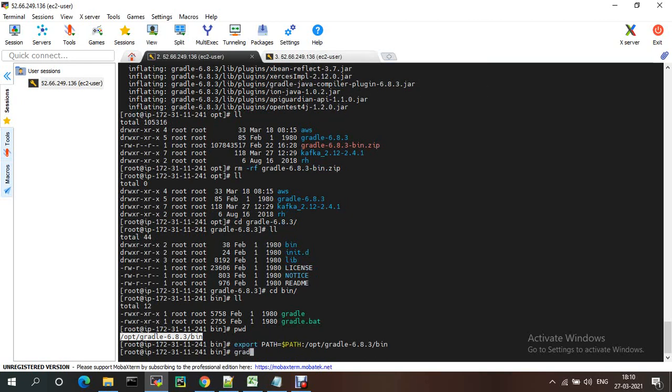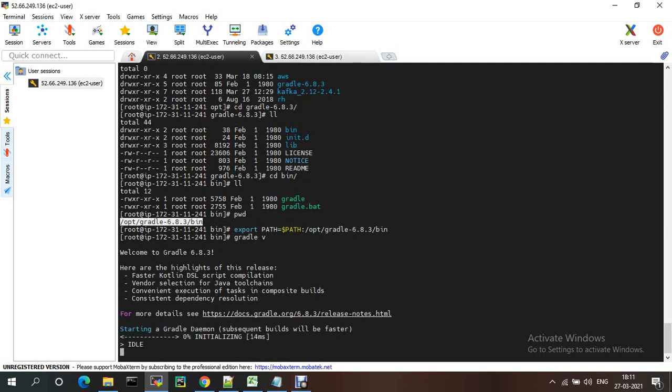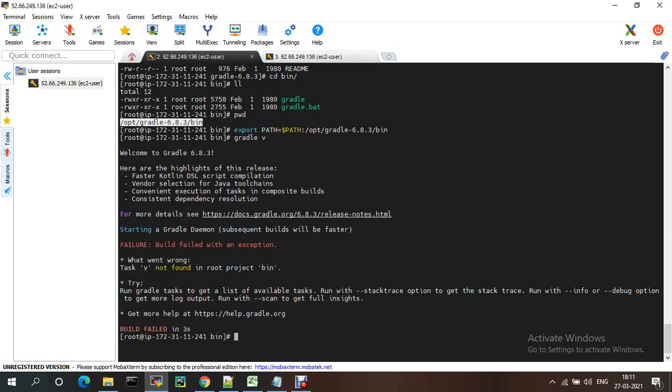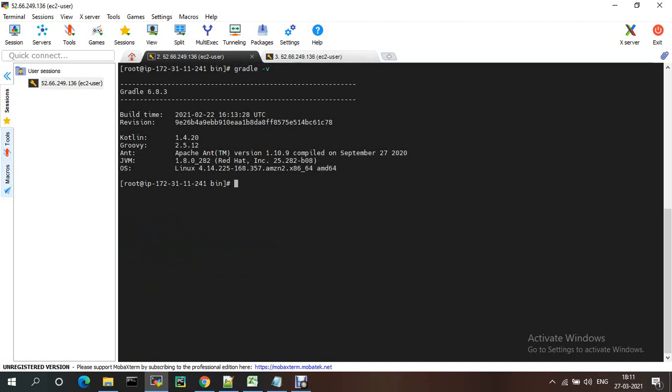Now just run gradle. See, Gradle 6.8.3 version. This is the way we can check the version. I will show you in the next sessions how to build the Gradle project.